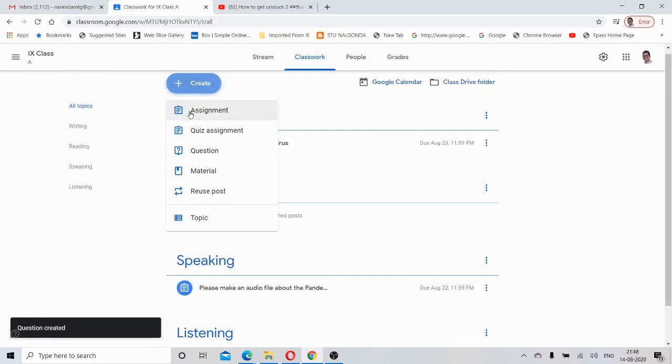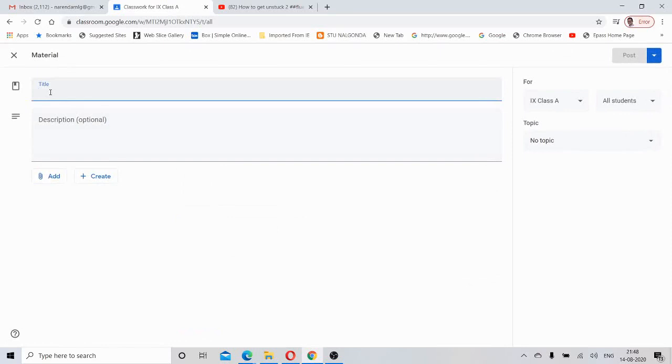Now I want to give a material. For example, read the following document and reflect on the following document, or you can say article.